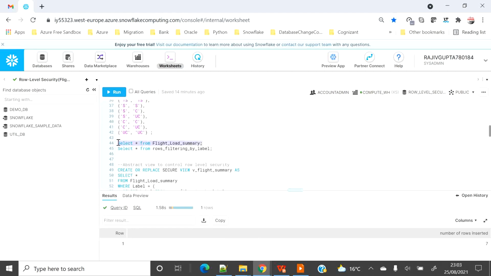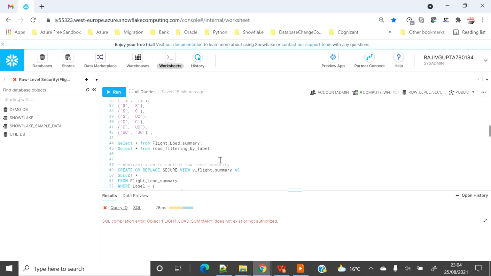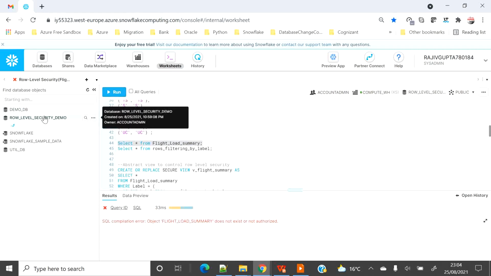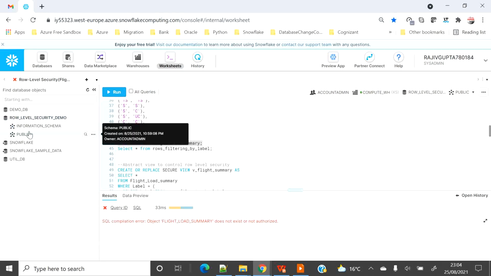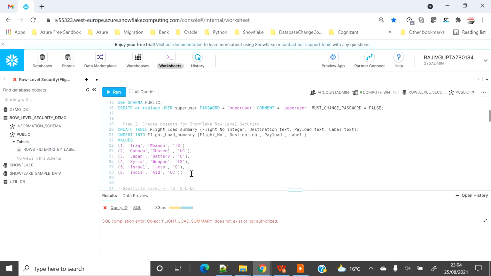Now let's query and see whether we are able to see the data on the flight load summary. Oh, it says the object does not exist.